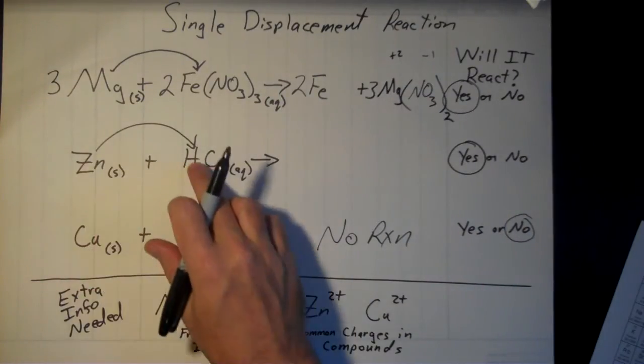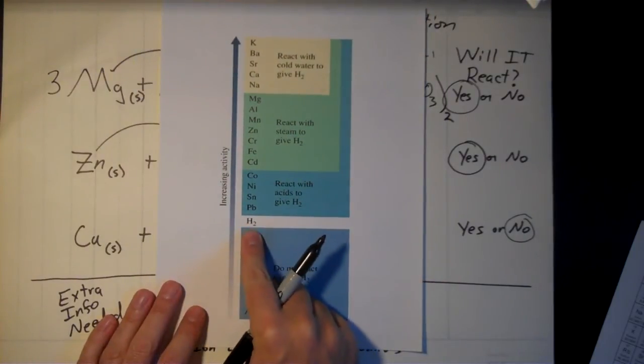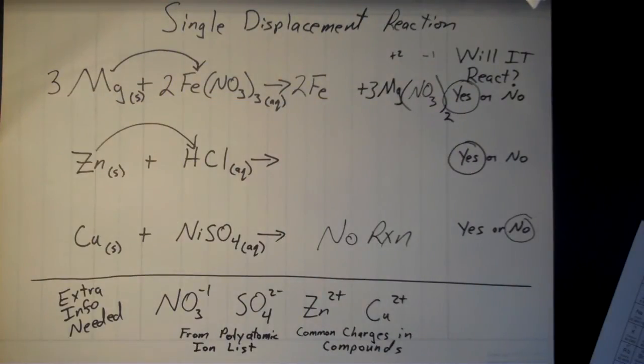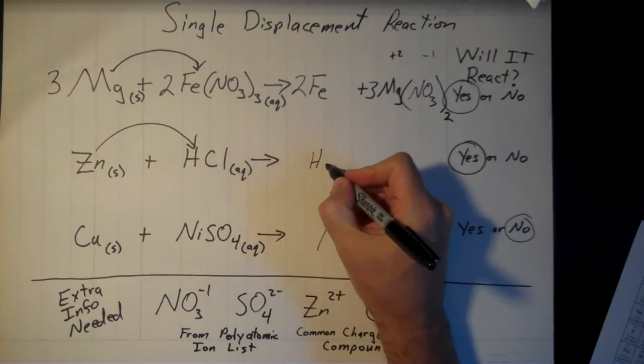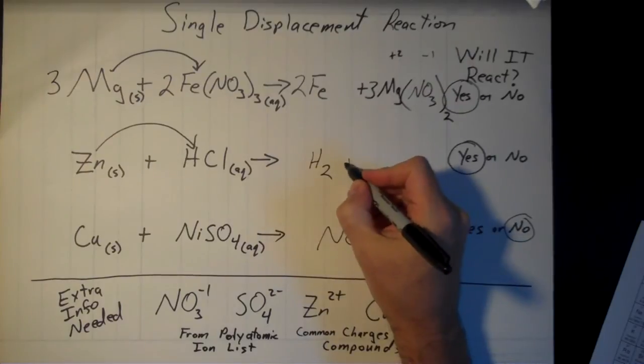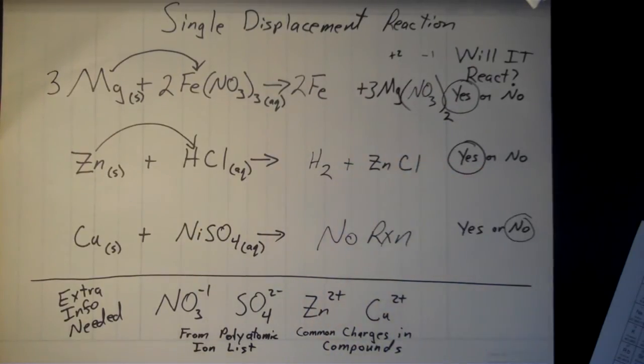But when zinc kicks out the hydrogen then, and this is where, again, having the activity series really helps, notice that they've written hydrogen here as H2. Hopefully you can see that on there. And again, you'll have that activity series when you're doing these. And so that helps, hopefully you remember that hydrogen is going to be a diatomic gas, H2 gas there. And then it's the zinc that combines with the chlorine in there.